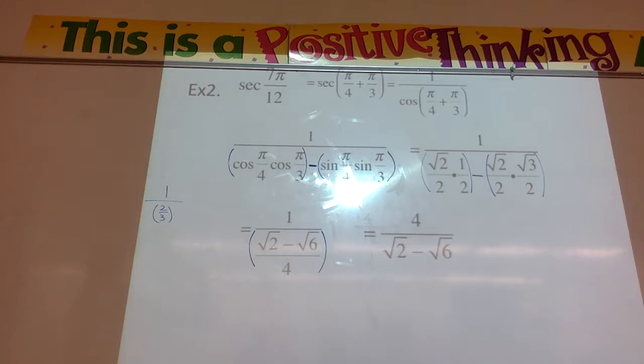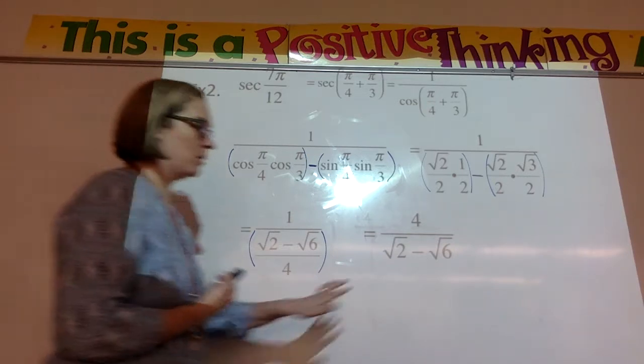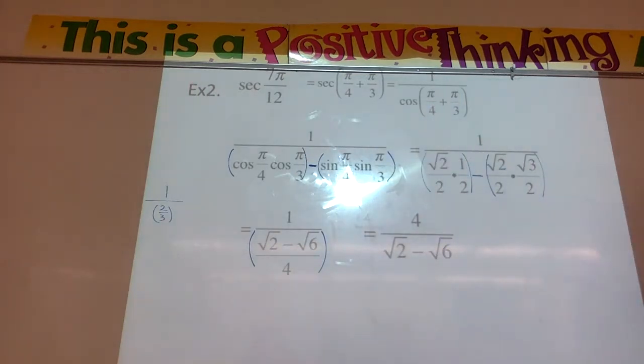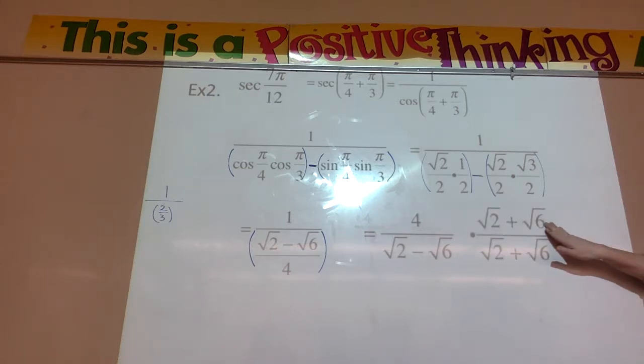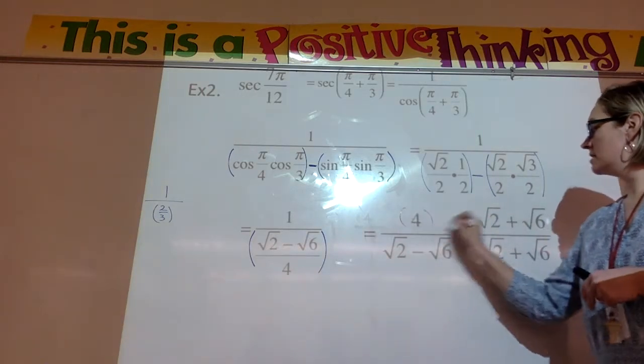And now I have a new problem. Now I have to rationalize, correct? Because I can't have roots in the denominator. How do you rationalize when you have the subtraction of two roots? You are absolutely right. How do I get rid of 2 minus root 6? Yes, we're going to use the conjugate. So I'm going to multiply top and bottom by 2 plus root 6. Right, so I've got this times this,